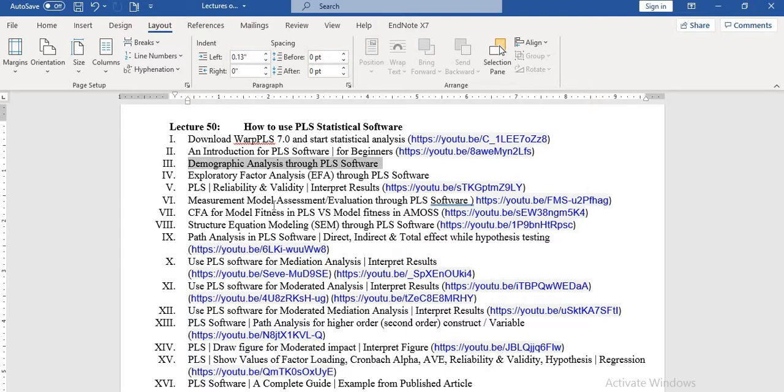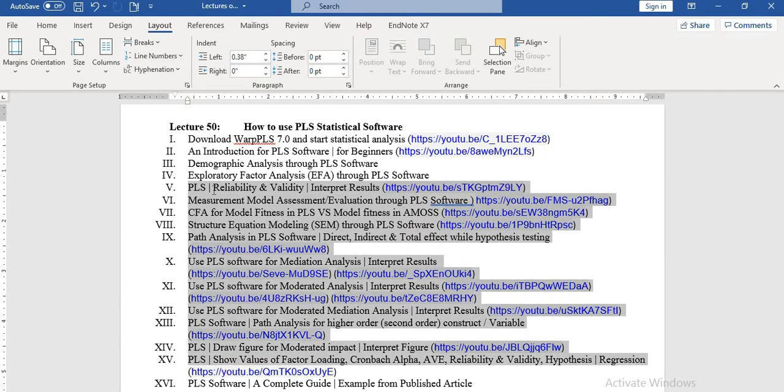Then how to conduct the demographic analysis, then the exploratory factor analysis, then how to use the PLS software to conduct the tests for reliability and validity, and how to interpret these results. There are practical examples for all of these practical sessions. All of our lectures consist either of a practical session directly using the PLS software, or of showing you a published article in which that test and those matters have been discussed and tables have been shown